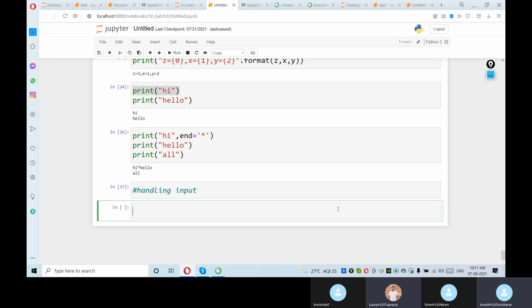A equal to 10 and b equal to 20. If I have to print the value of a in words, so... I'm not talking about strings here. It's still a number only. If a equals 10 and b equals 20,